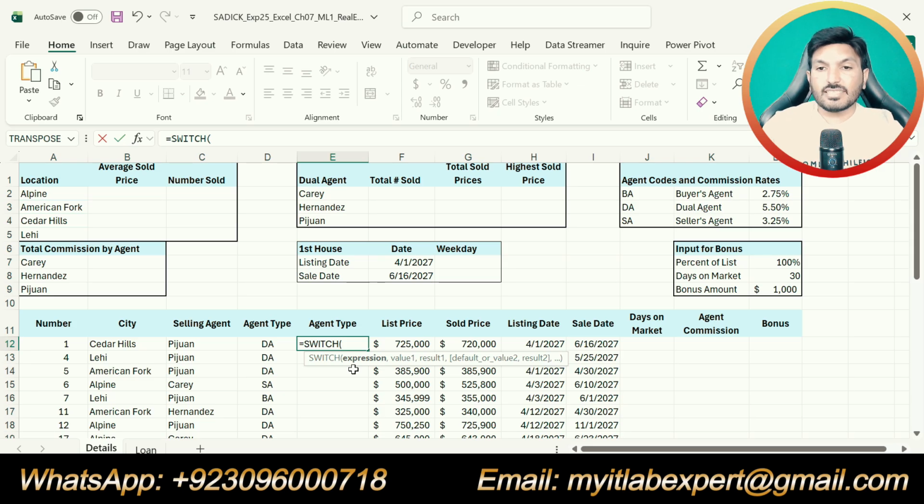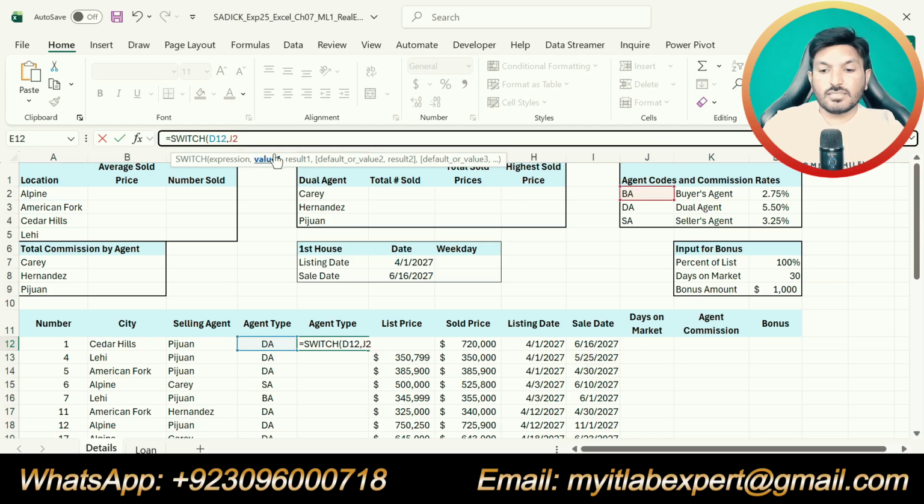Type equal sign, then type SWITCH. First we will select D12, comma, then we will select J2 and make this an absolute reference, comma, K2. That means it should switch BA to buyer agent.